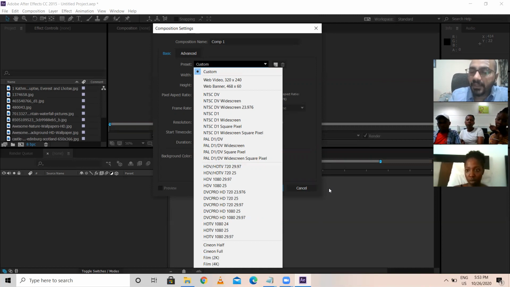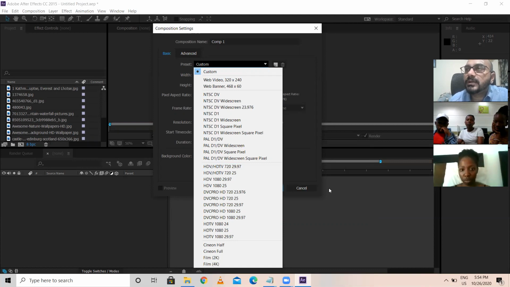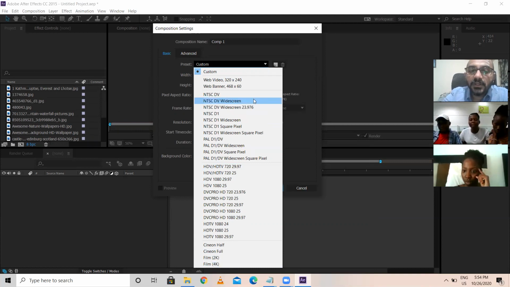Similarly, for the input we import, there are so many DSLR cameras in the market, like Blackmagic, Nikon 5D, 7D, which is a good camera. Even in RSCP, I think Canon 7D and 5D, both cameras are there. You can shoot from there and easily achieve 2K or 4K resolution videos, and bring those things to After Effects.